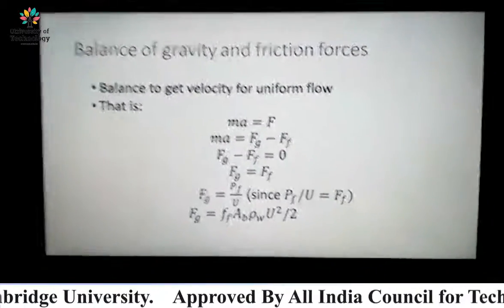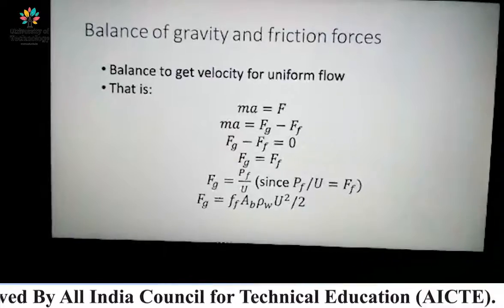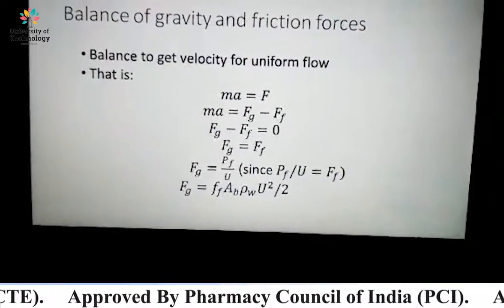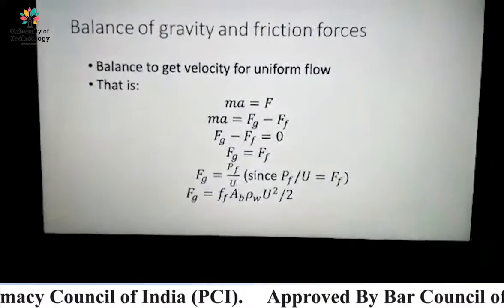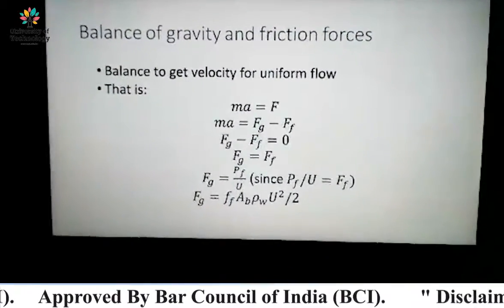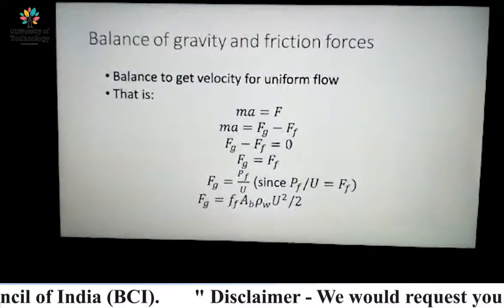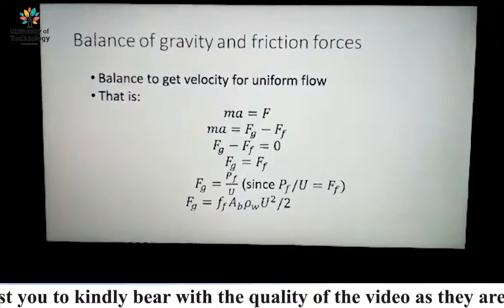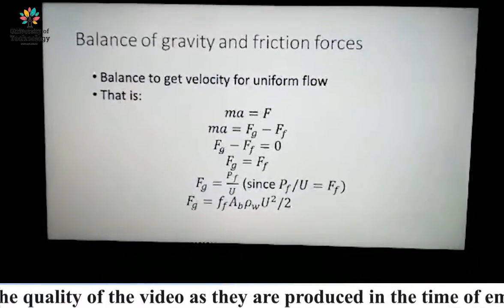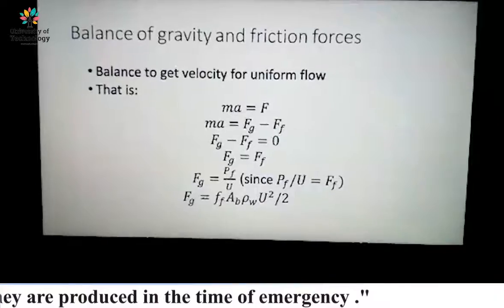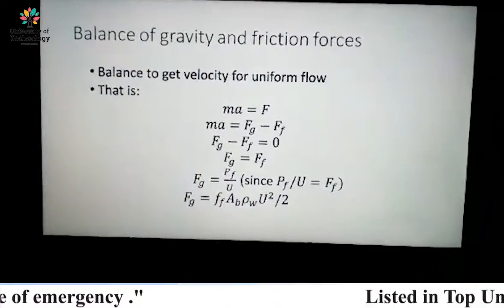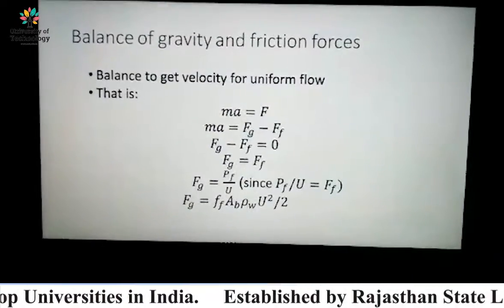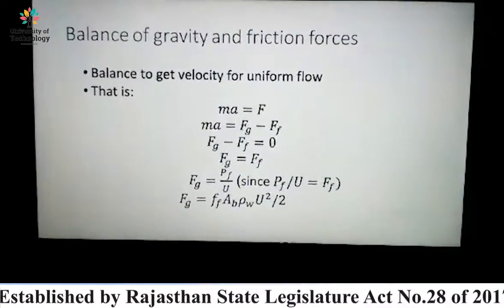Then next, balance of gravity and friction forces. Balance to get velocity for uniform flow: we know that F equals ma, and the total force is gravity force minus friction force. If the total force is 0, then Fg minus Ff equals 0, so Fg equals Ff. So these forces are equal. And this is the value of gravity force. After solving this,